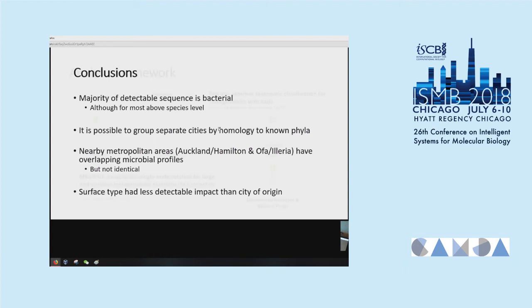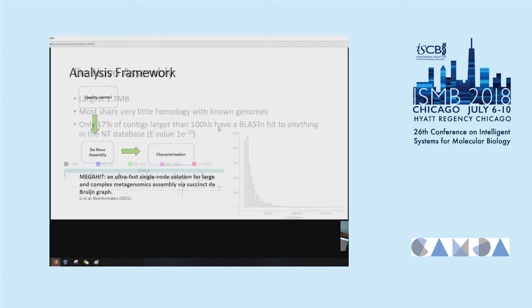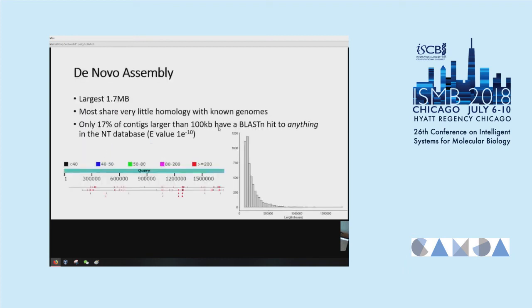So very briefly, I'm going to touch on a small bit of work I did with some assembly approaches. Like I said, in the interest of time, I'm going to keep this short and only show a very brief overview. So what I did was I took MEGAHIT, assembled all the samples, and did a small bit of analysis to try and look into really what was there. These were assembled per sample, there was no cross-assembly or pool assembly. The largest one to come out was 1.7 MB of content.